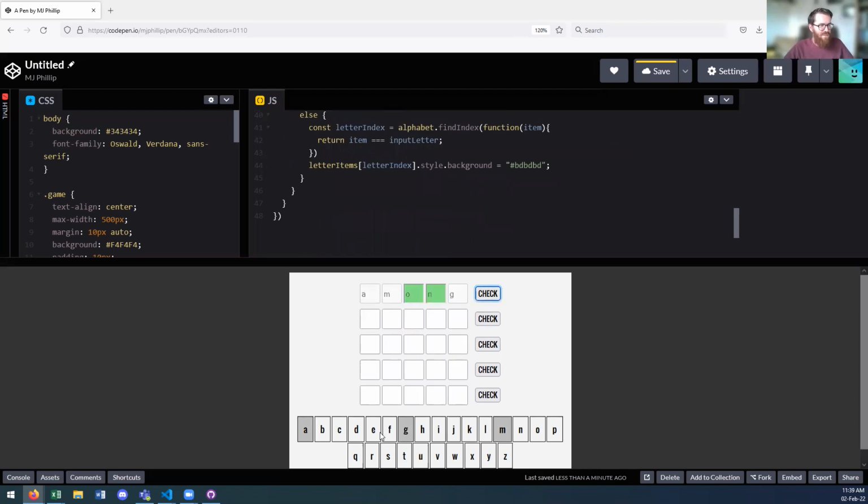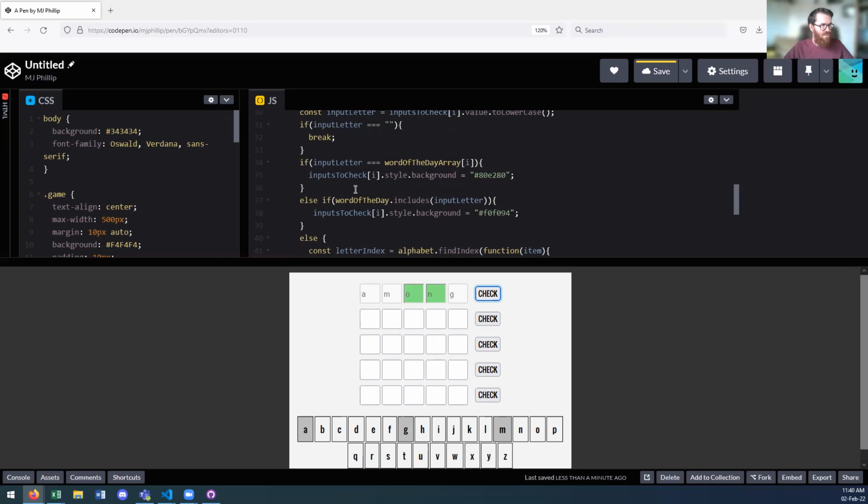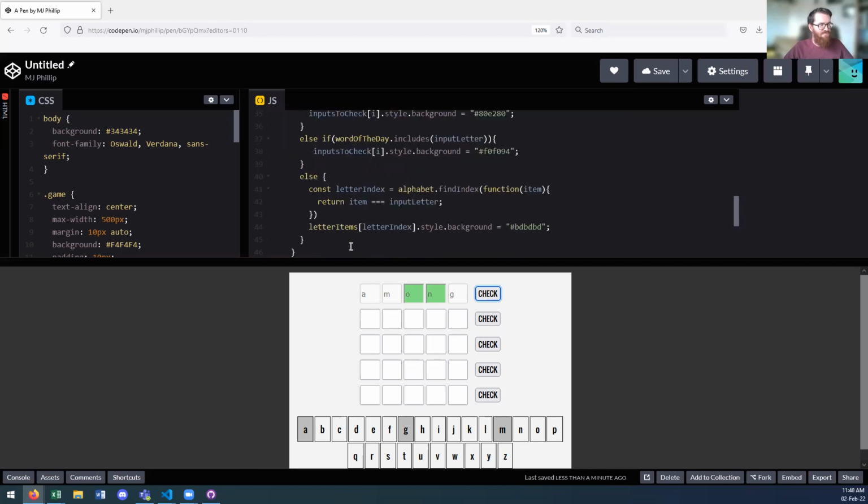And now it's highlighted the fact that A, G, and M weren't in the word, but O and N were. The last thing that we need to do now is run a check to see if the user has actually got the whole word right. So what I'm going to do is